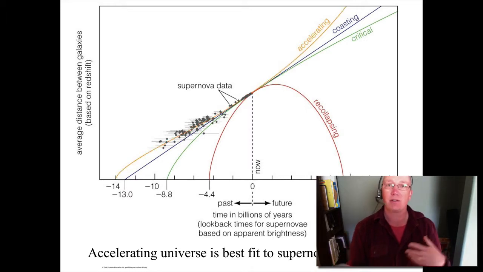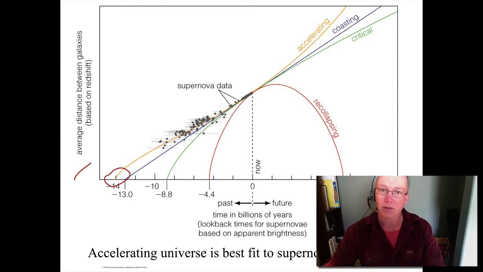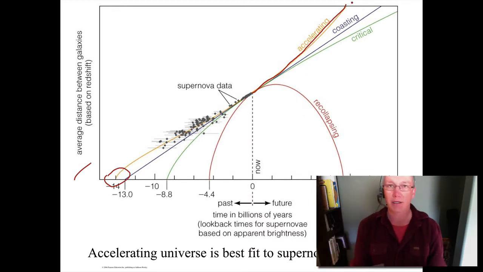So this tells us that the universe is accelerating at an ever-increasing rate. And you can see now, this is again looking back into the past, but because we know what's happening in the past over here, we can tell what's going to happen in the future. And so in the future, our universe is going to accelerate more and more until eventually, sometime much, much later, it will rip apart the universe, space-time itself.